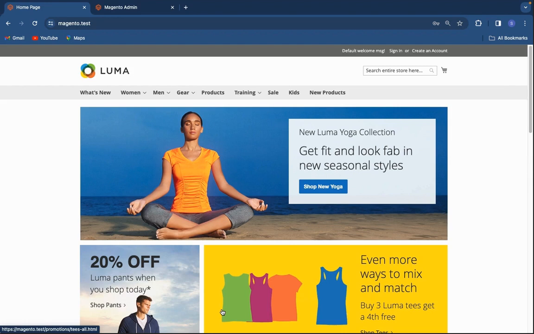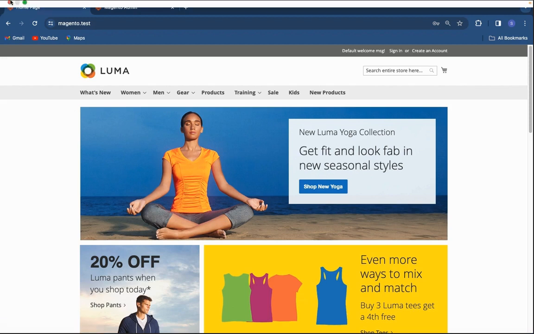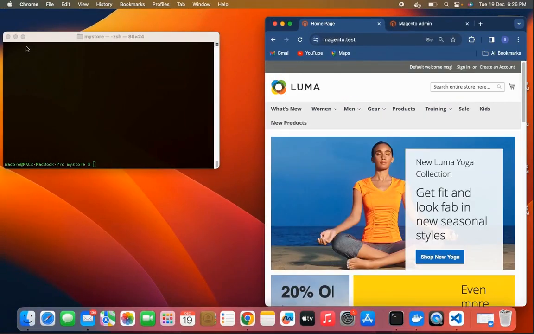How to change your Magento 2 site's mode. Go to the terminal.